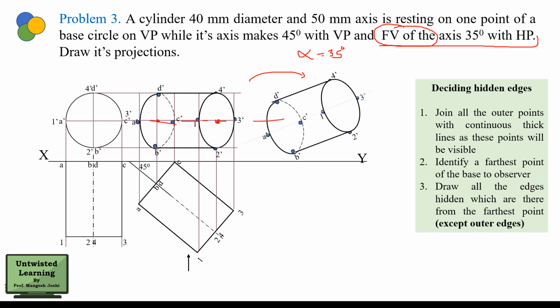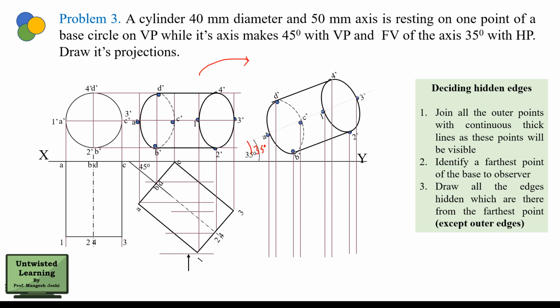Okay. So keeping the axis, this is the axis here, you will redraw this diagram at 35 degrees to HP. The redrawing methodology is the same. You have to fix 2 points, and with reference to these 2 points of the axis, you will redraw the other points. Okay. Now to obtain the last top view, you will have to project it downward and transfer all the locuses.